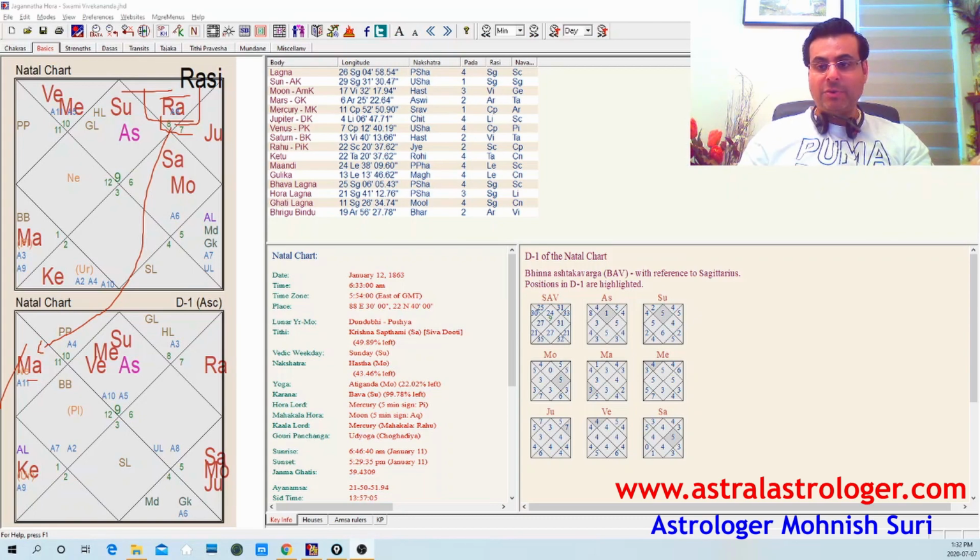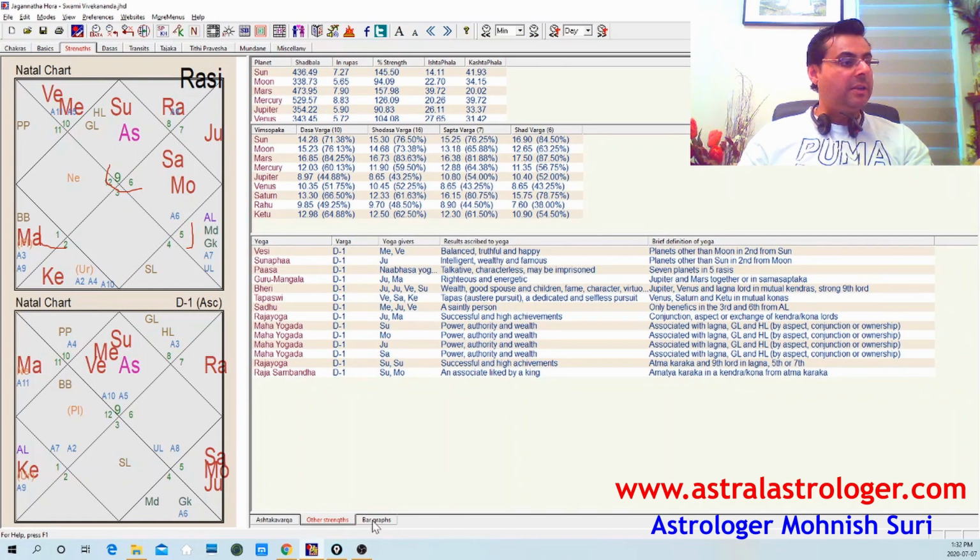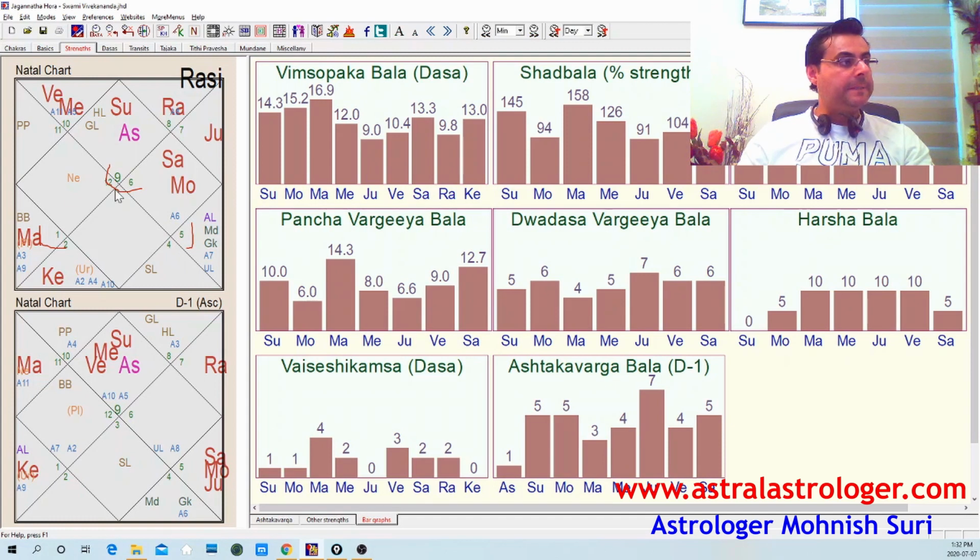And the another thing which I want to show you is, I always talk about that your first house, fifth house, and ninth house has to be very strong. So you see those things in the Shadbal, the strength of the houses. So if you see here the strength, the first house is ruled by Jupiter. So the Ascendant Lord Jupiter is weak in power, and I will talk about it. The fifth lord is Mars. Mars is very good power, and the ninth lord is Sun. Sun again very good power. Jupiter is weak, which is representing his ascendant sign, his physical body.